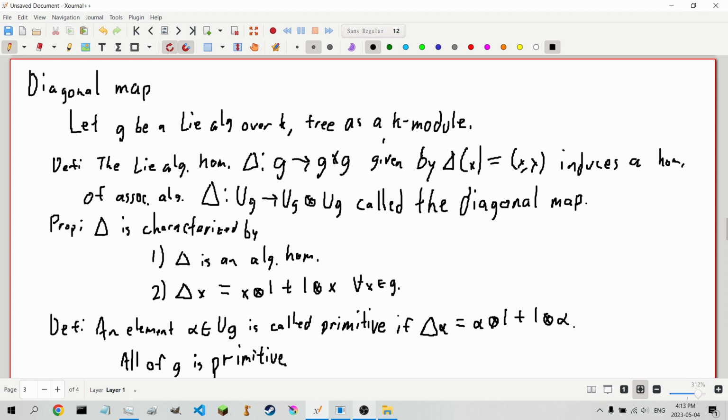Definition. The Lie algebra homomorphism triangle from G to the product of two G's,